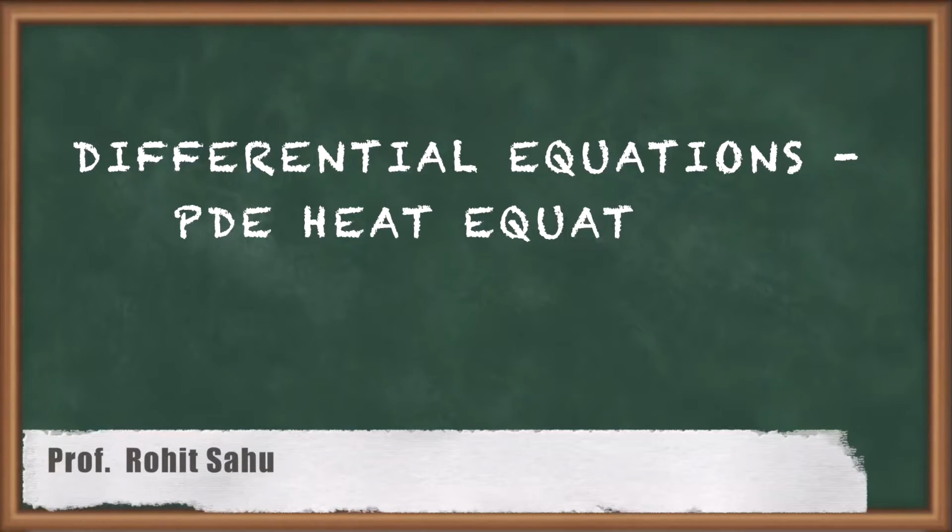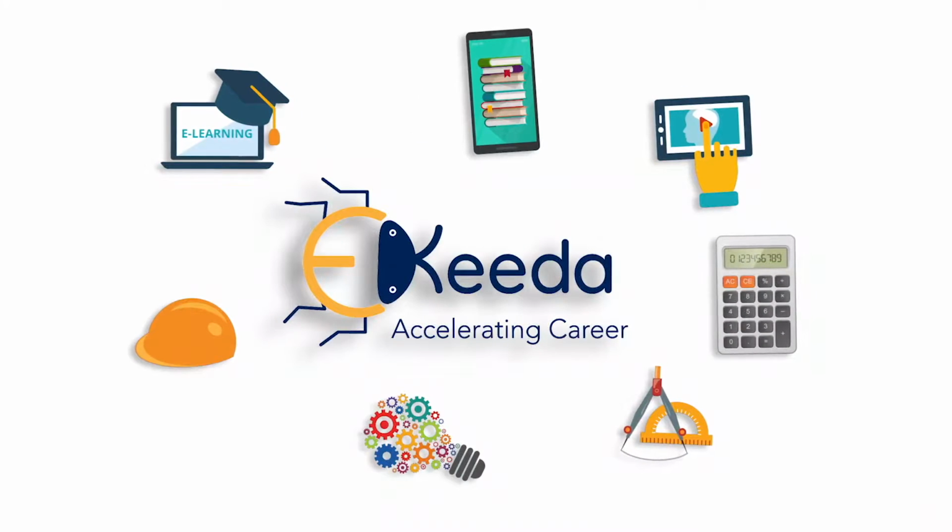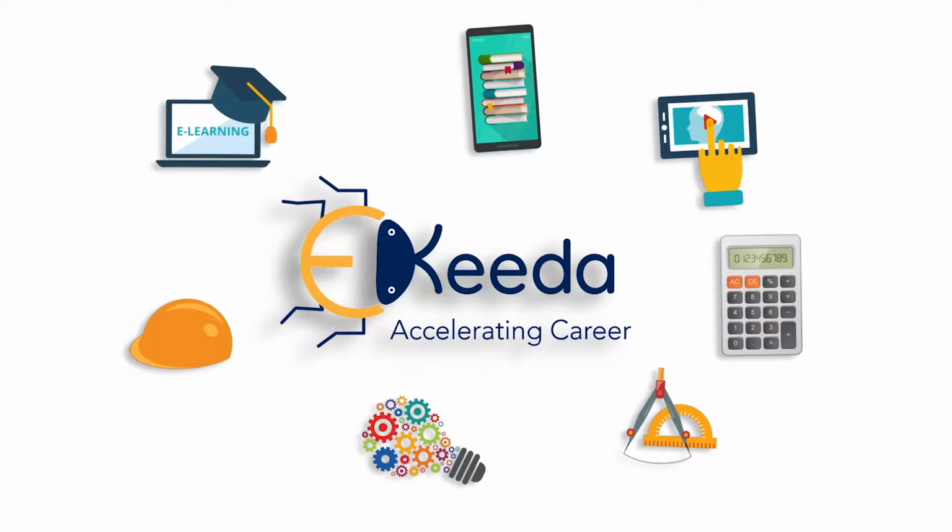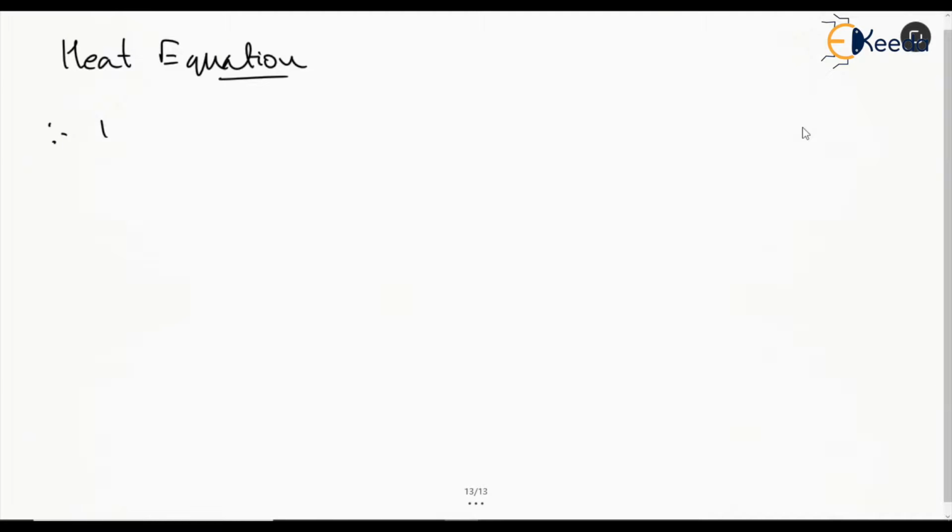Hello everyone. In this session we will discuss solutions of one-dimensional heat equations. For the one-dimensional equation, it will be du/dt = c² d²u/dx². That is, u is the dependent variable, whereas t and x are the independent variables. So assuming